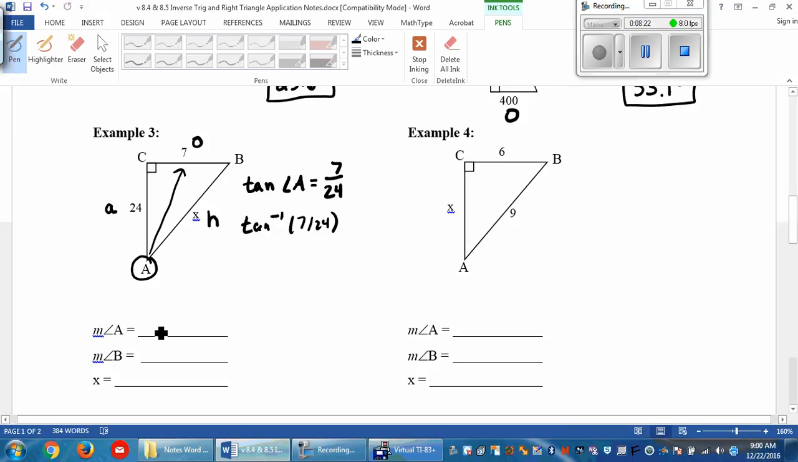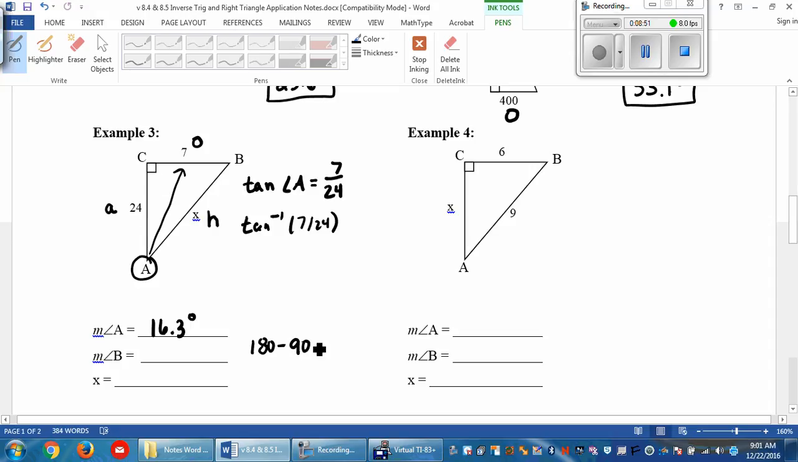16.3 degrees. Now we can do the same thing and try and find B. Or you remembered that how many degrees are in a triangle? You said 180 degrees are in a triangle. You are correct. So we know that for angle B, we can take 180 minus 90, because that's the right